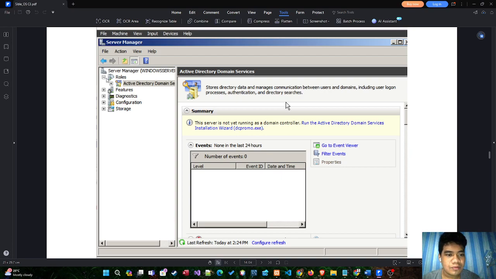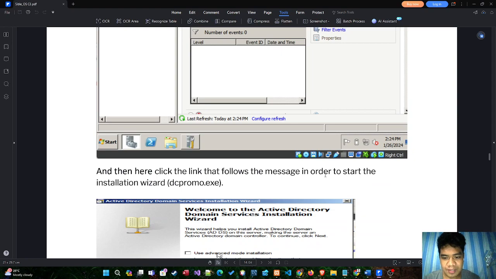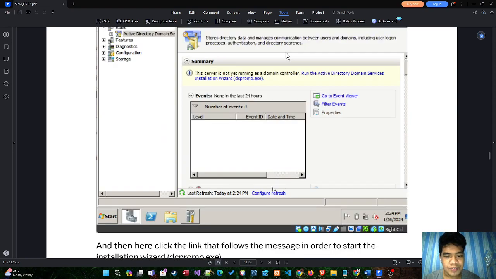You just have to click the roles, and then the drop down will appear, and then the Active Directory domain drop down will appear, and then after that, we will just need to click Active Directory domain services,